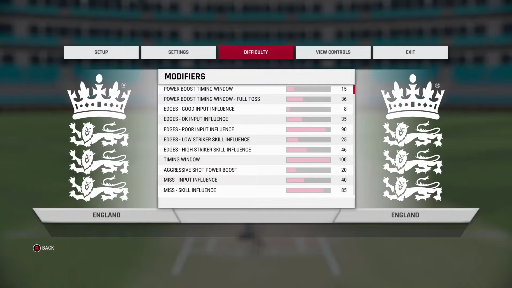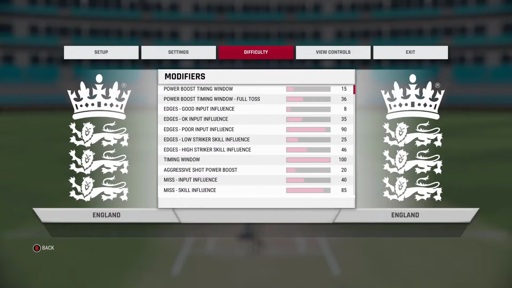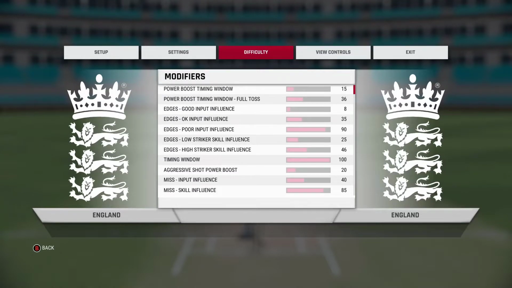However, at this difficulty level, I've not really found it as often that the ball goes through the bat. I mean, it is a thing. It does keep happening, but it definitely doesn't happen as often on this difficulty level as it might on, say, hardest. That difficulty setting is the one that I can really only explain to be the real key difference between